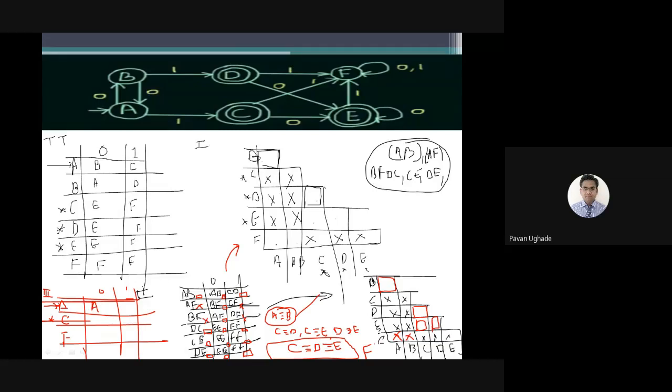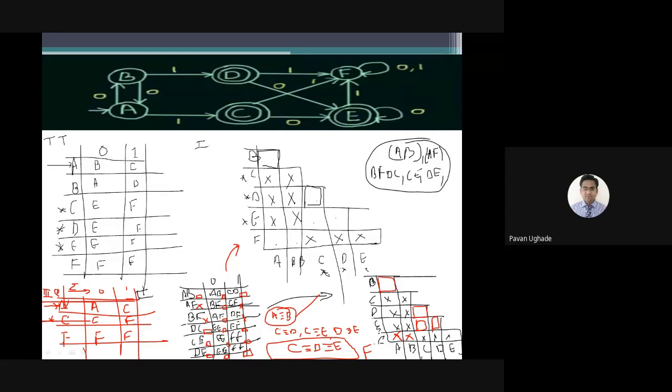A over 1, it was C, it is C. C over 0, what is that? C over 0, it is E. There is no entry of E here, so what will you be doing? Tell me guys fast. C over 0 is E, so its equivalent state C you have to consider. C over 1, it is F. We have the entry F in the states. These are the states, and these are the alphabets. F over 0, it is F. F over 1, it is F. Okay, after this you will be simply drawing the transition diagram.